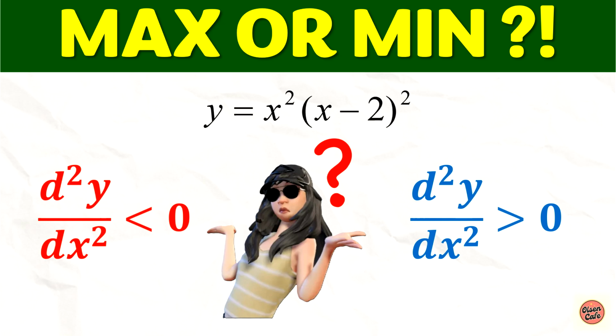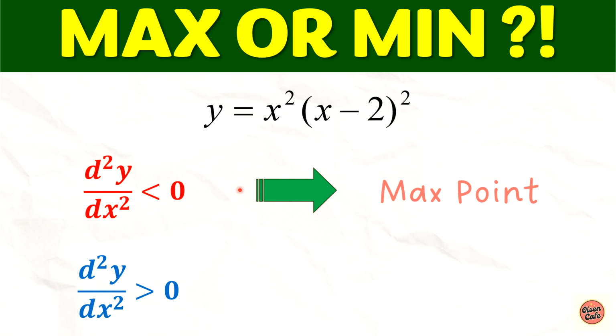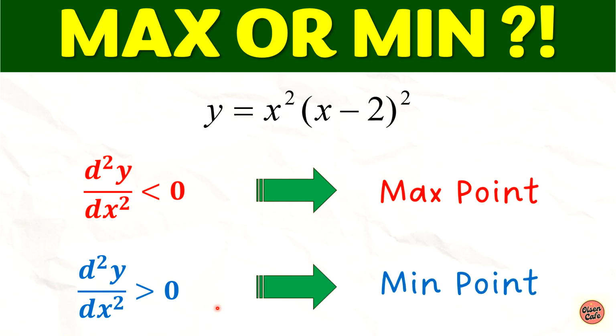Today we are going to learn how to use the second derivative test to determine the nature of points. That is, to determine whether it is a maximum or a minimum point. So before we begin, let us take a look at the condition for the second derivative test. Over here, if we have the second derivative less than 0, this will give us a maximum turning point. And similarly, if we have a second derivative that is greater than 0, then this will give us a minimum